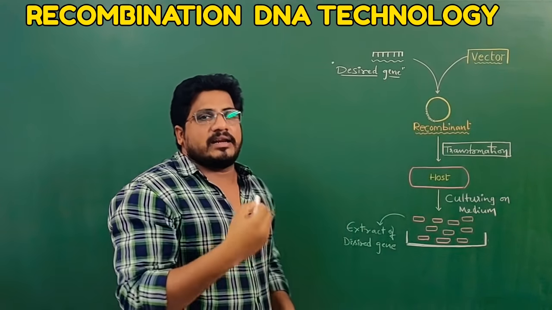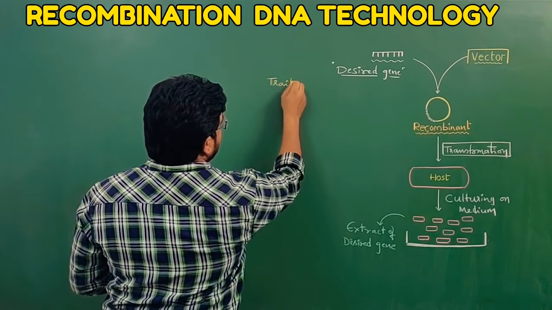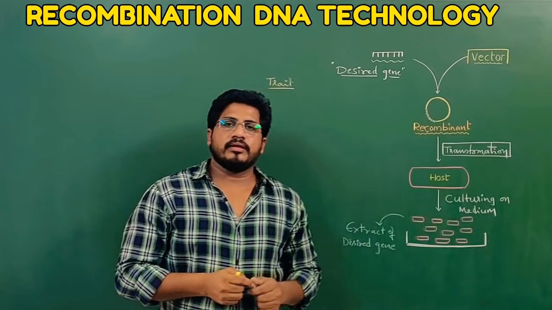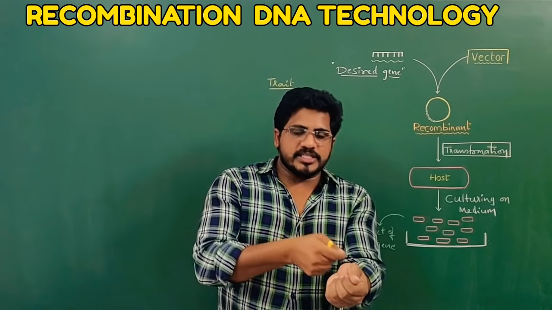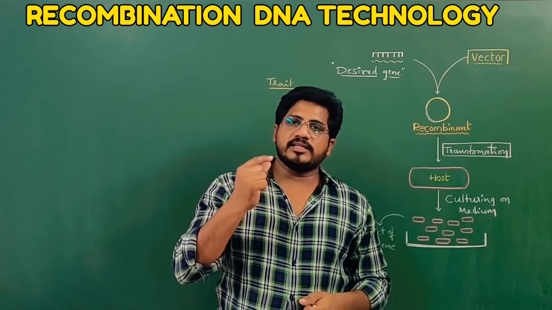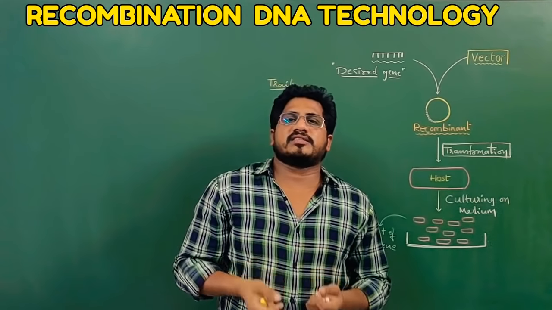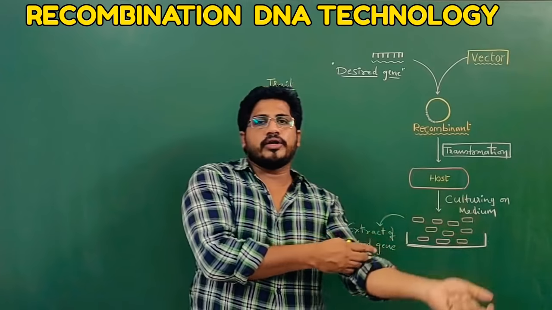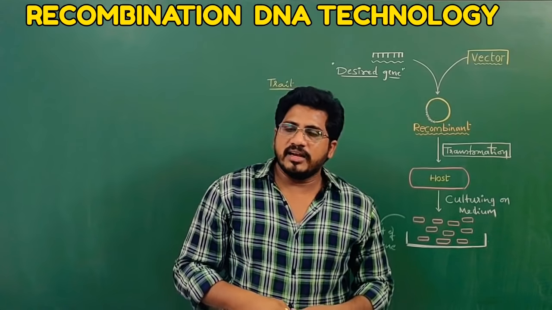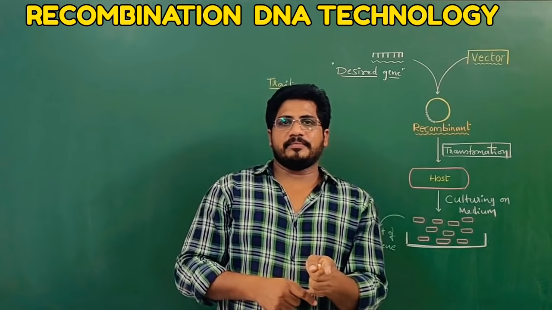You want to develop a character. What is that character? Nothing but a trait. Suppose, for our better understanding, I am telling you insulin. Diabetic patients are used to inject insulin. Insulin cannot be taken orally. Why? Insulin is a protein. If we take insulin drops, then it will be digested in our stomach, and as it is, insulin cannot go into blood, so that excess amount of glucose molecules cannot be picked up and placed in the liver as glycogen. That is why insulin can be injected only.